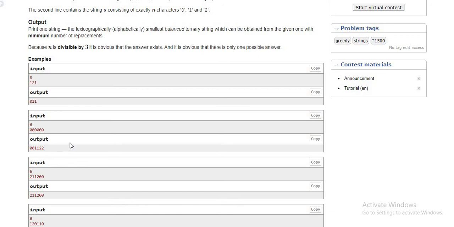A couple of operations we have to perform here. First we have to calculate the block size, so we get to know how many zeros, ones and twos we need to fill up. At the same time we have to check if the bucket is already full, that is, if it already achieves the threshold value or block size value, then we can pick up the next minimum character. If the zeroth block is filled with the threshold value, then the next minimum character should be 1. And if the one bucket is full with the threshold value, we can move to the next minimum value, that is 2.